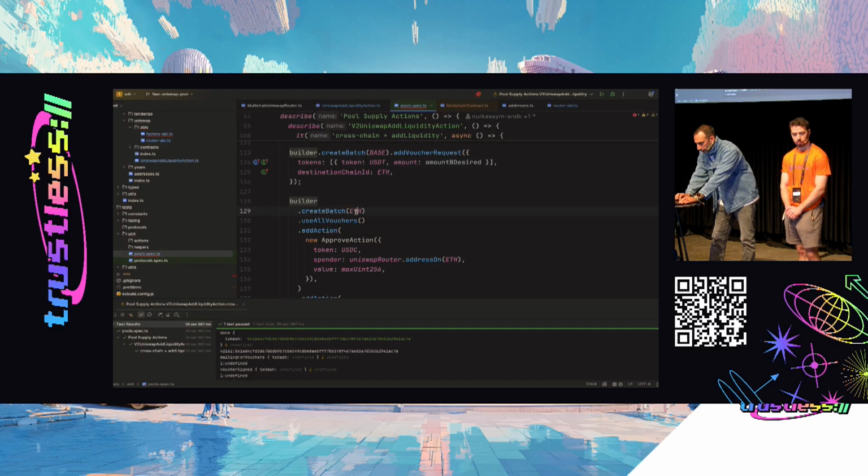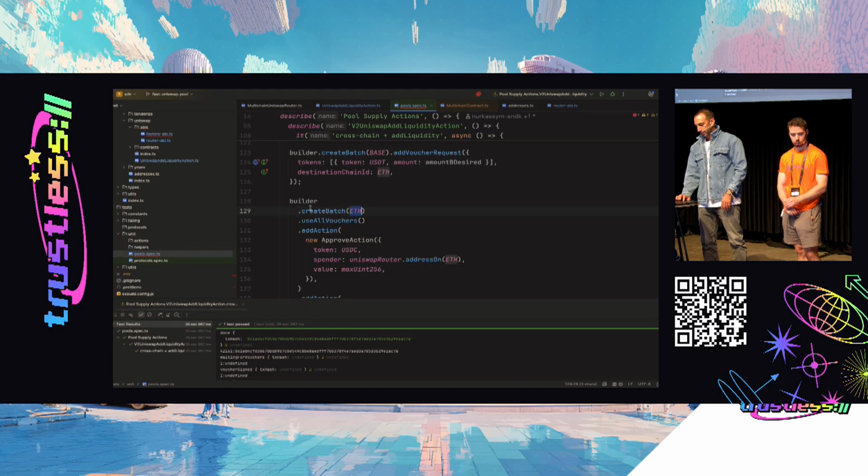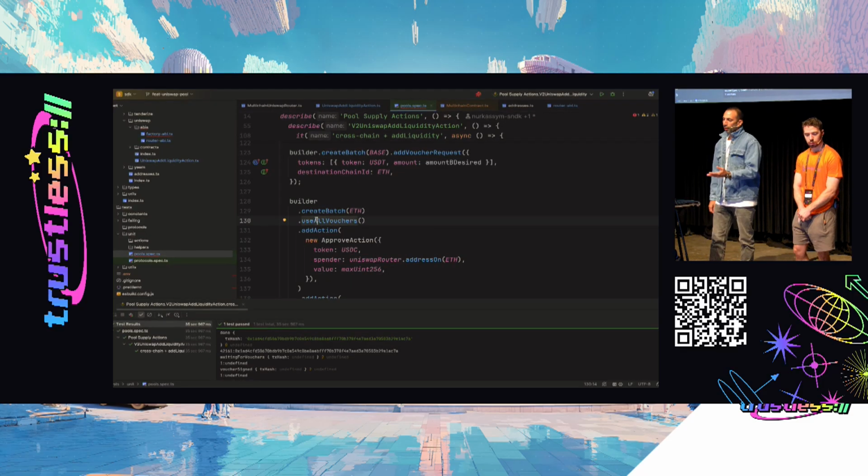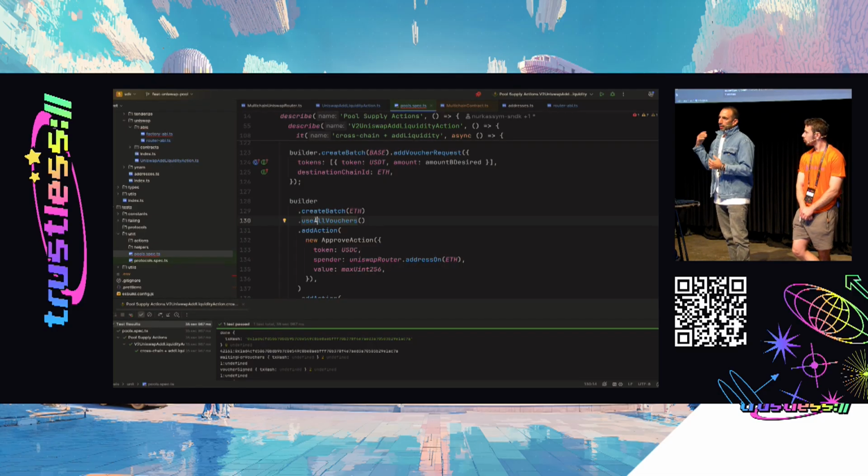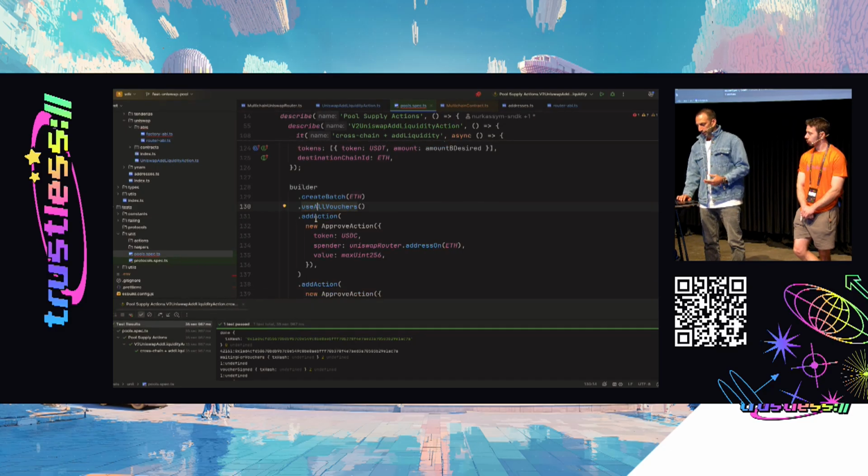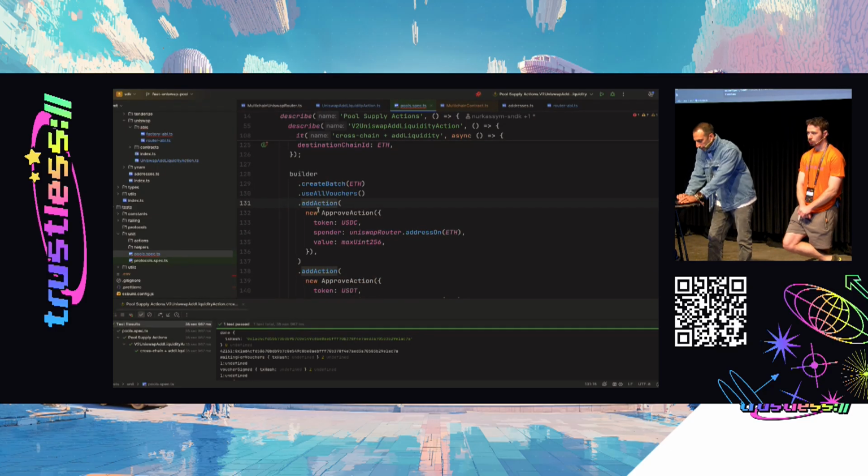This is the Ethereum mainnet batch creation. And we're gonna see, in that case, use all voucher means claim or get all the funds that were involved in the voucher creation on the other chains. We're gonna see the funds moving into this chain, and then we can use it. The next step for us will be an add action